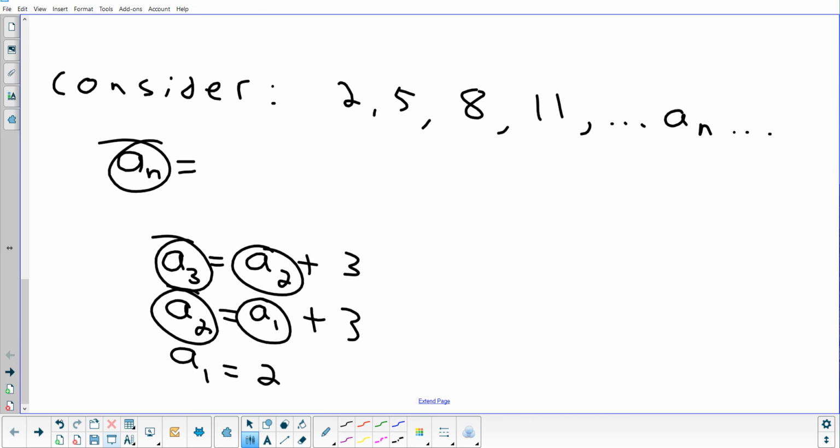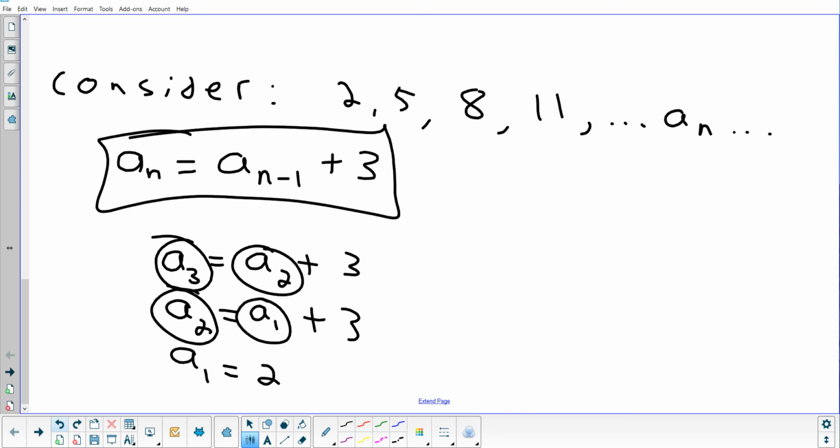A sub n minus 1. So this is a correct version of the formula. That's called a recursive formula. Easier to come up with, not as useful, because if I want to know the 978th term, you're going to be adding 977 times from the first one to get to that one. No good. So can anybody figure out another version of the formula?